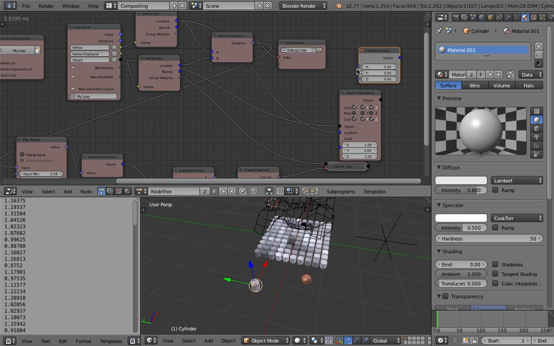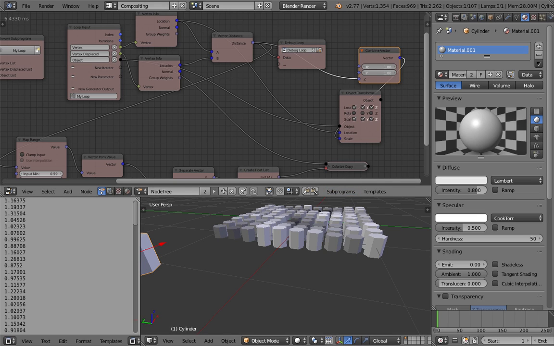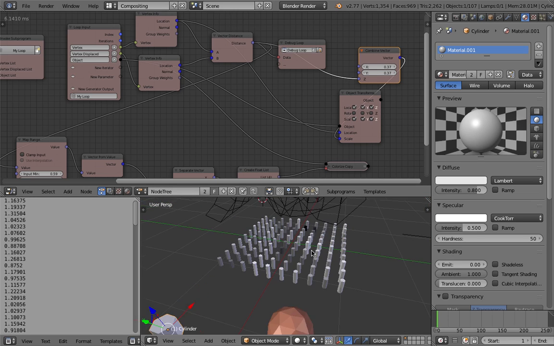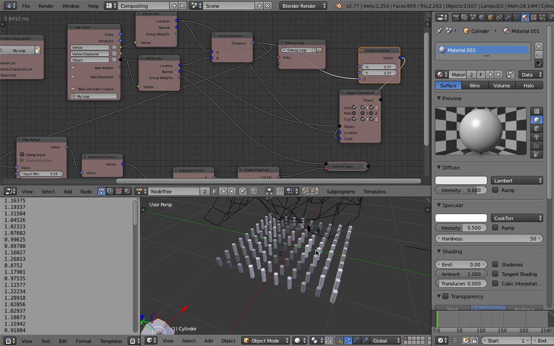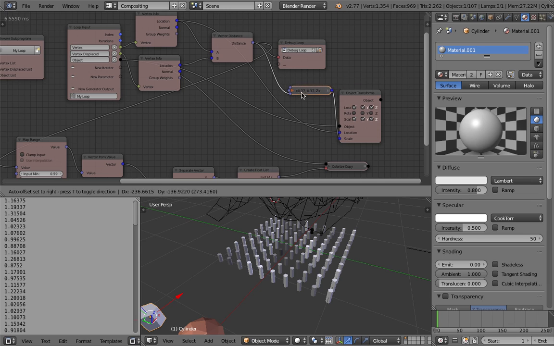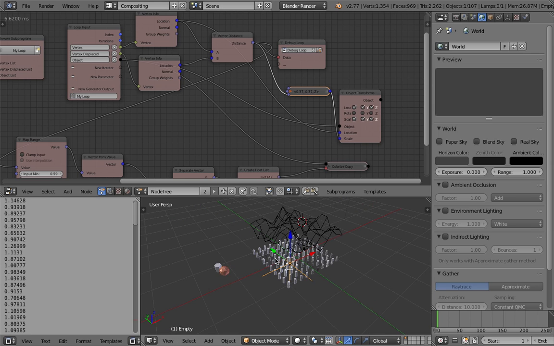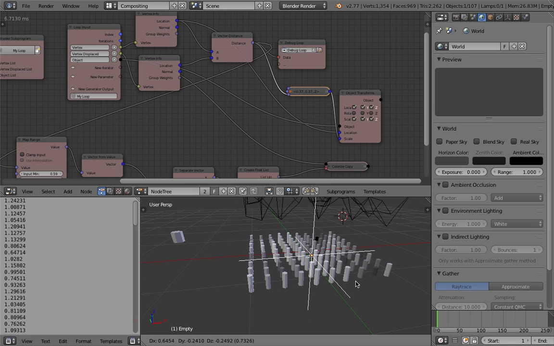In Combine Vector, we have the X and Y should be 1 or a different value, and the Z coming from the distance, plug into this guy, and yep, it's actually working. But we make X and Y smaller like that. And the scale itself is being driven by the distance. So yeah, like that. It's a really cool effect, kind of like a push pin effect.